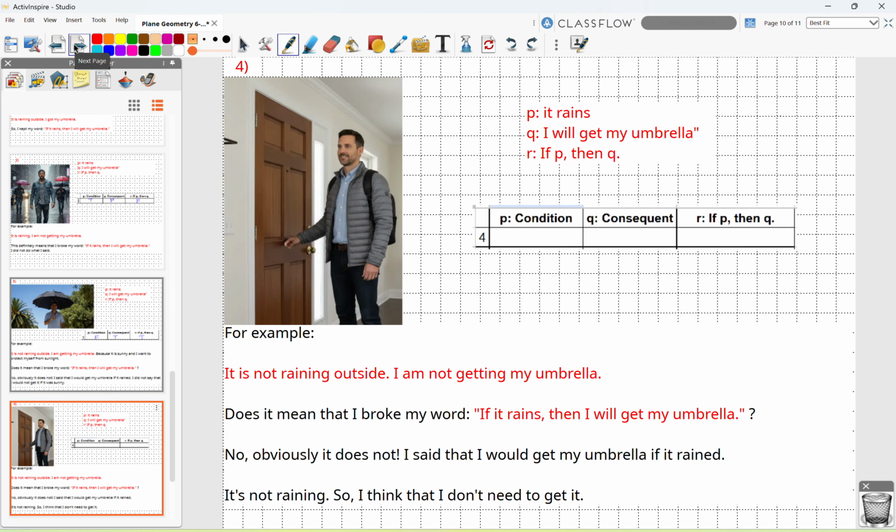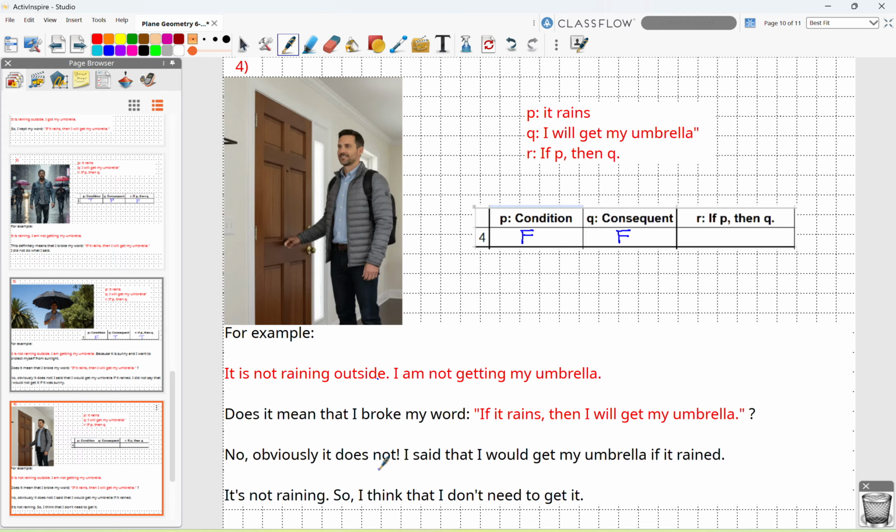Let's see the fourth case. It's not raining outside, so P is false. I'm not getting my umbrella, so Q is also false. What about this scenario? Does it mean that I broke my word, which is if it rains, then I'll get my umbrella? No, obviously,